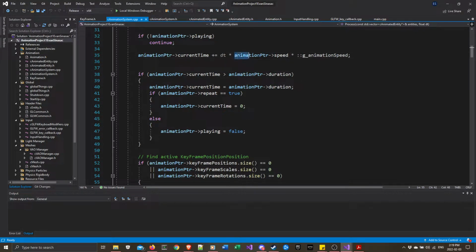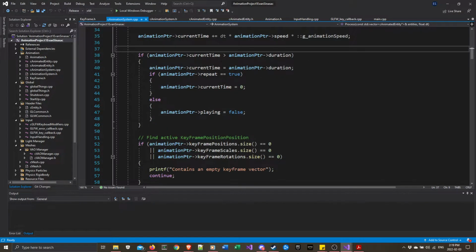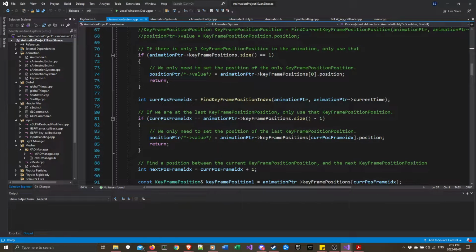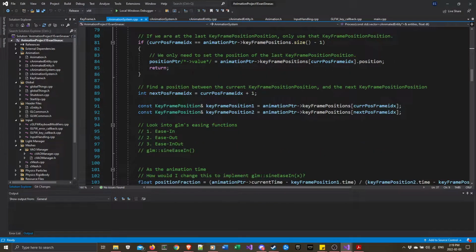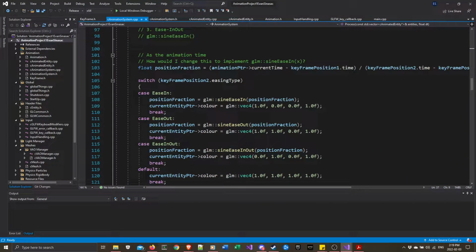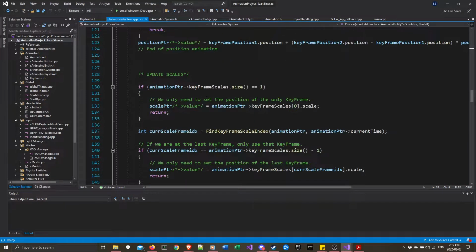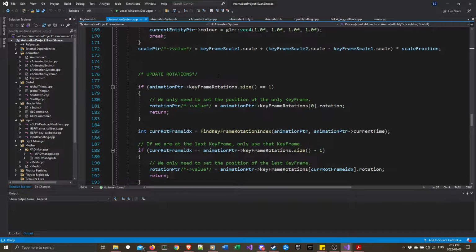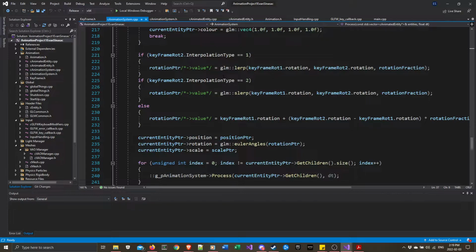So here, each animation has their own speed, and that gets multiplied by the global animation speed, as I discussed in the callback stuff. And then the rest just goes through and updates the position, updates the scale, and updates the rotation. All pretty much exactly the same as we did in class,